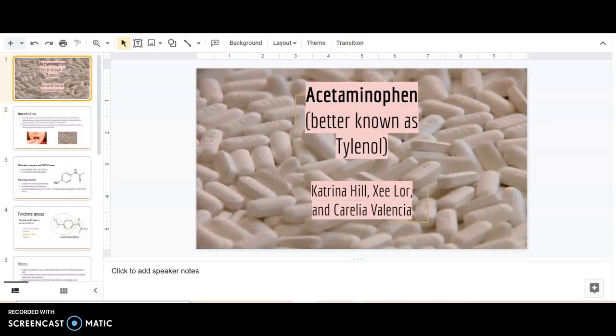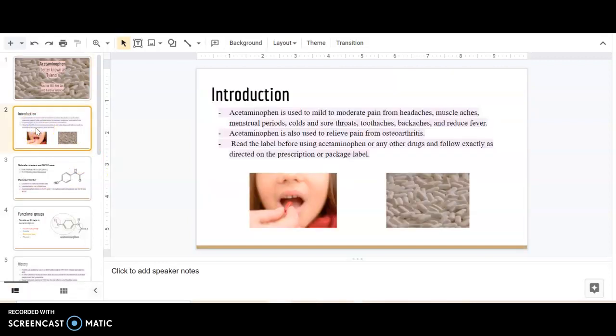Acetaminophen, better known as Tylenol. Katrina Hill, C. Lore, and Correlia Valencia. Acetaminophen is used to treat mild to moderate pain from headaches, muscle aches, menstrual periods, colds,